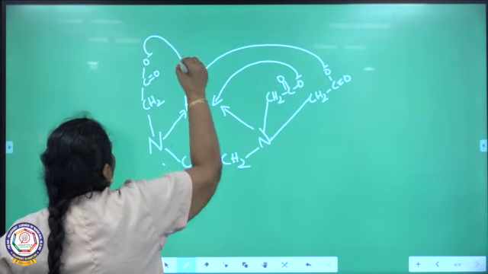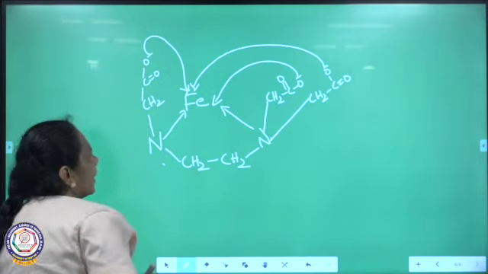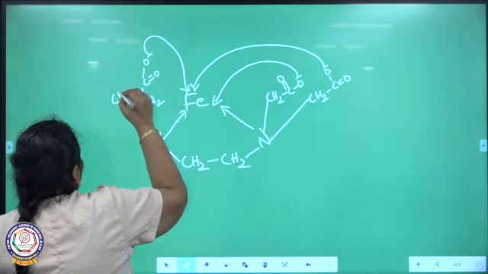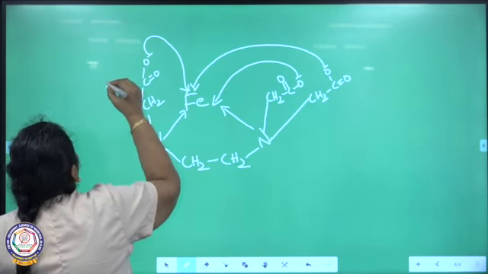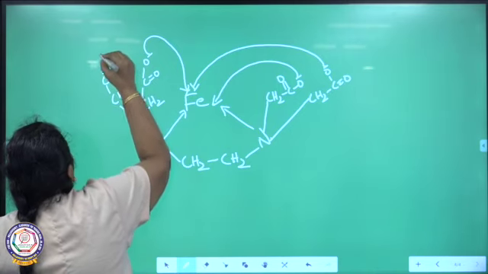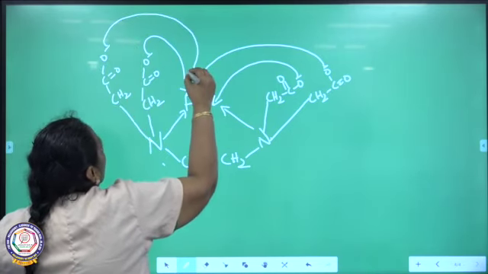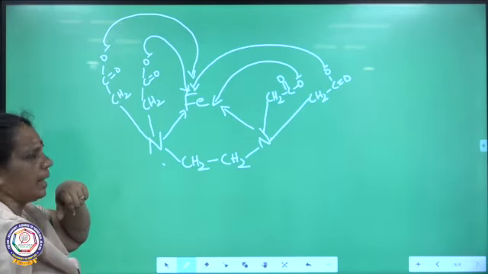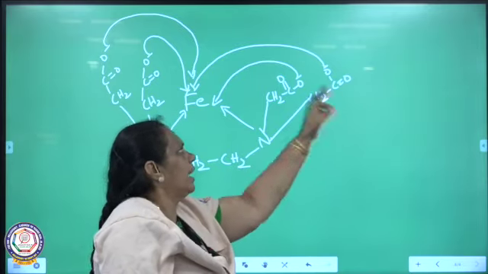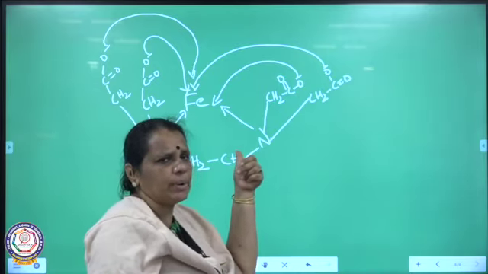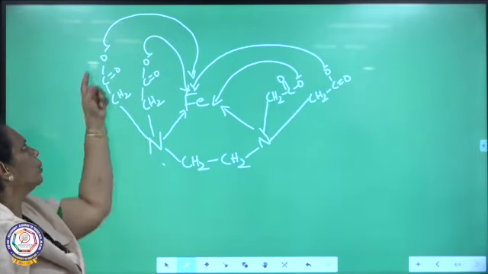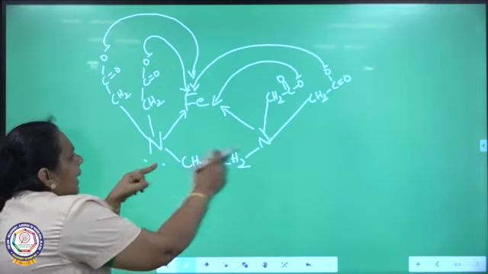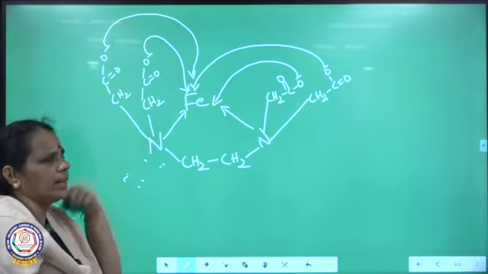So this is one oxygen which is donating the electron pair towards the central metal ion. There is another acetate ion. Once again another acetate ion is also bonded to the central metal ion. Towards the right hand side I have shown 2 oxygen atoms donating the electron pair to the central metal ion. Towards the left hand side, two more oxygen atoms are donating the electron pair to the central metal ion, and nitrogen is also attached to the central metal ion.